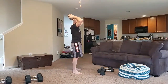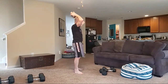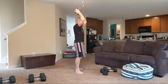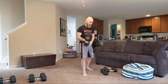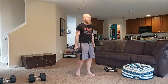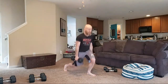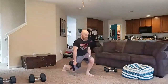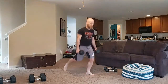Now we got a little finisher, a little bonus round at the end. If you have a light pair of dumbbells, I'm going to use 10s, but you could use soup cans. You could use a can of soup in each hand. It's going to be a deltoid fly, like a shoulder raise thing. So you won't need a lot of weight. If you got 5s or 1s or 3s, that's plenty for the little bonus round. If you don't have anything, you don't have to do the bonus round. But if you got something that weighs a pound or 2 in your house,